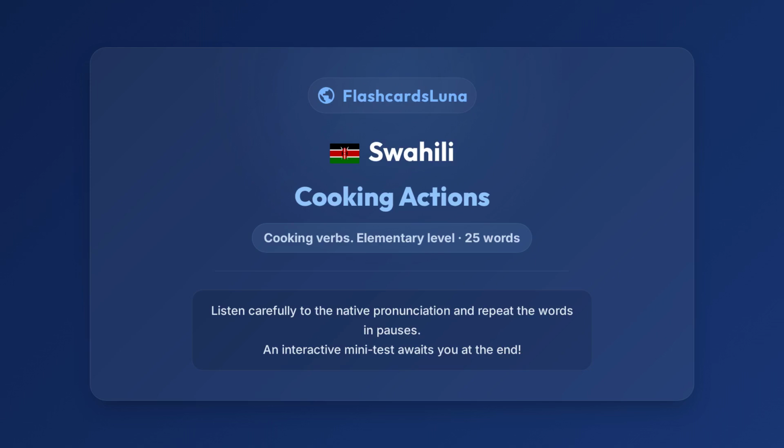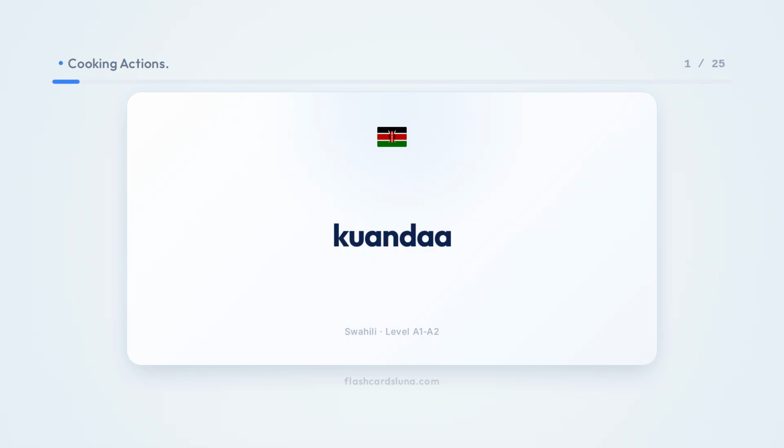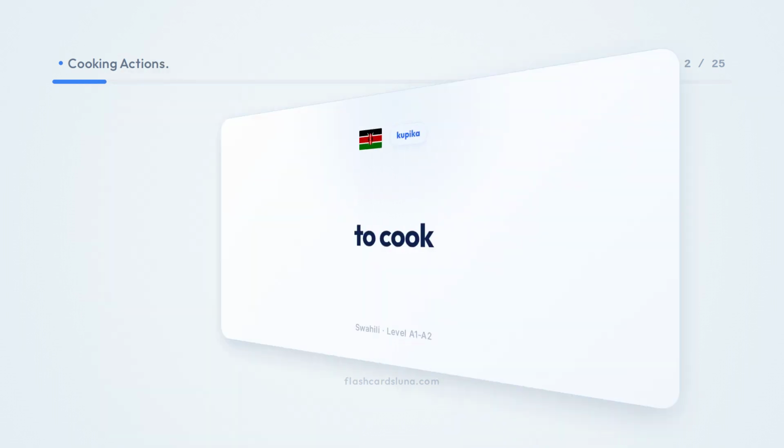Learning Swahili. Lesson topic: Cooking actions. Kuandaa. To prepare. Kupika. To cook.